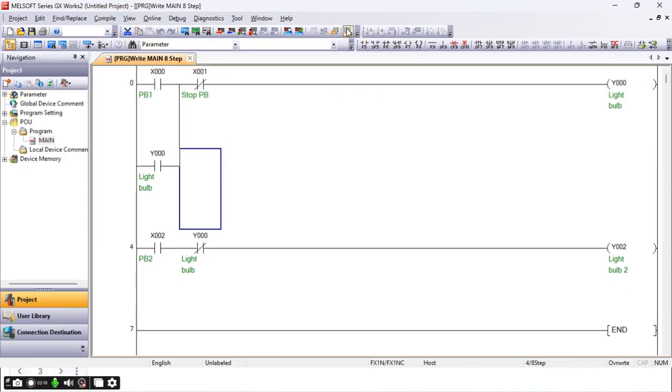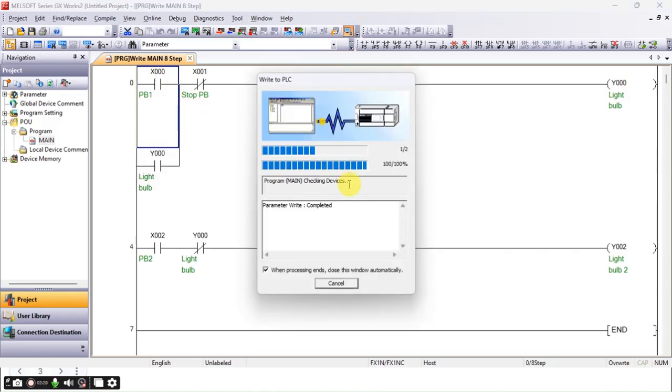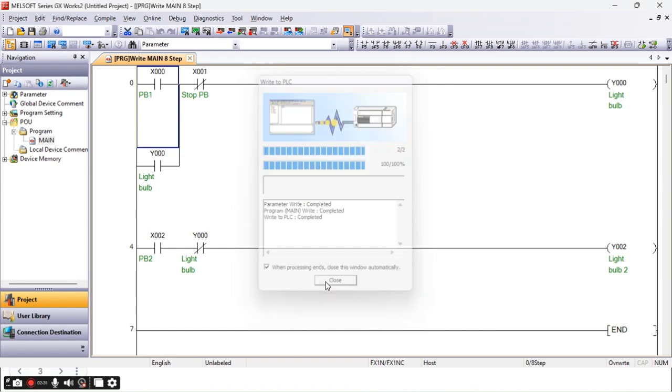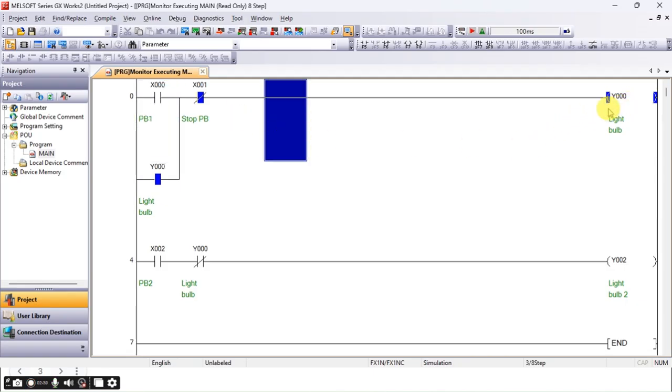Okay, let's resume the simulation. When I press the push button and I unpress push button 1, the light bulb still remains on.